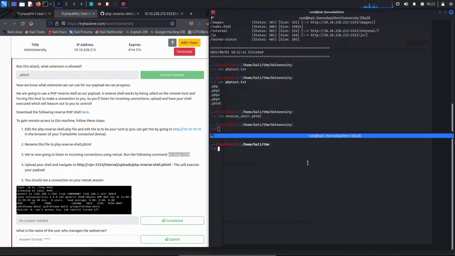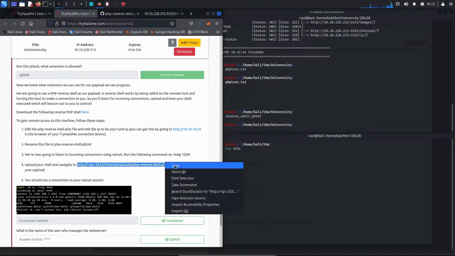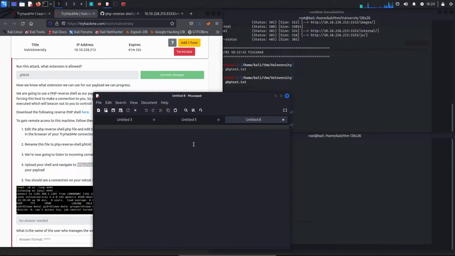So we're going to type netcat, going to be listening. We're going to disable verbose, and the port is going to be 3434. Okay, so now let's navigate to these. I'm going to edit this script. In my case, that's going to be reverse shell,